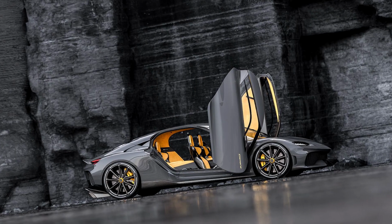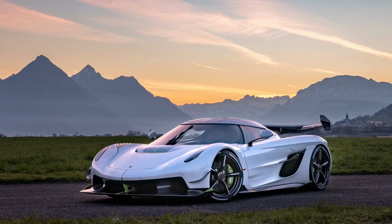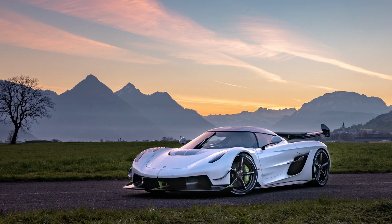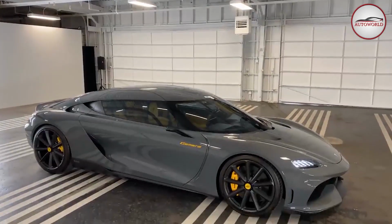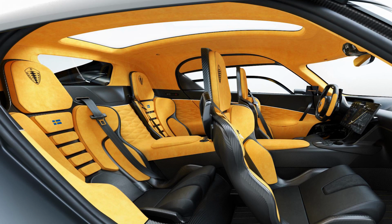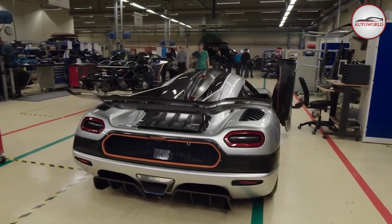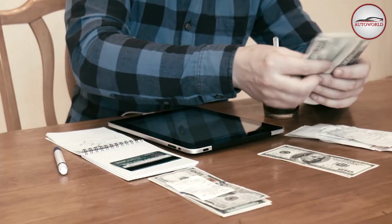Cost of a Koenigsegg Gemera? The Gemera is anticipated to cost more than $1 million. The Gemera is an absolutely magnificent-looking hypercar with a characteristic Koenigsegg style that is futuristic in nature. Performance guarantees are simply unbelievable and seek to raise the bar. The short manufacturing run would eventually make it a billionaire's toy, but it would still cost as much as a